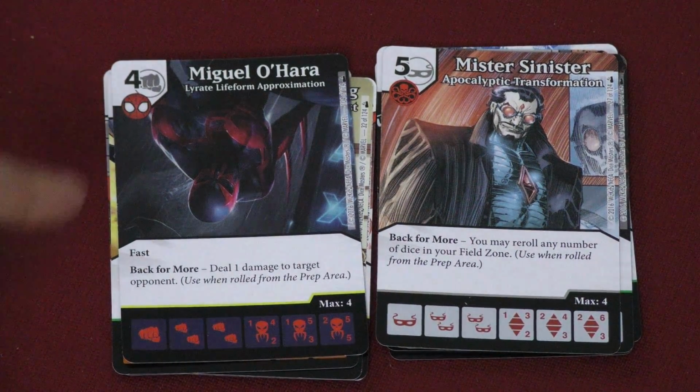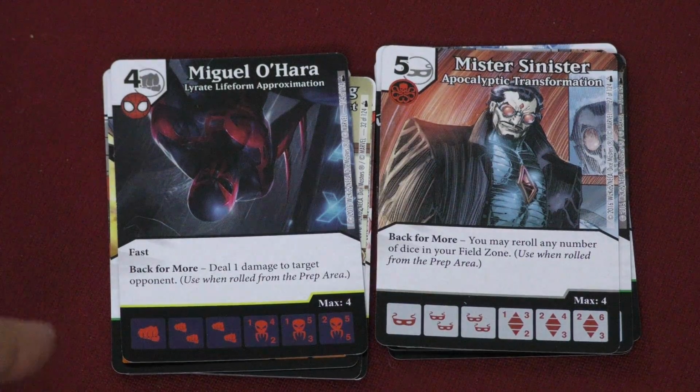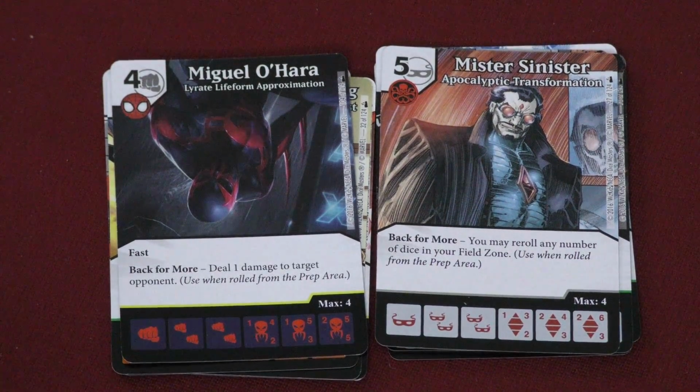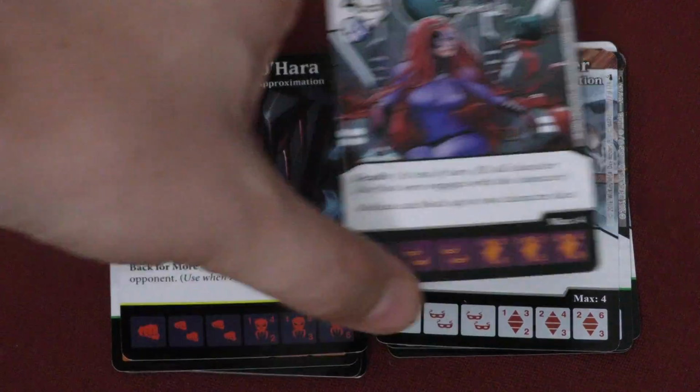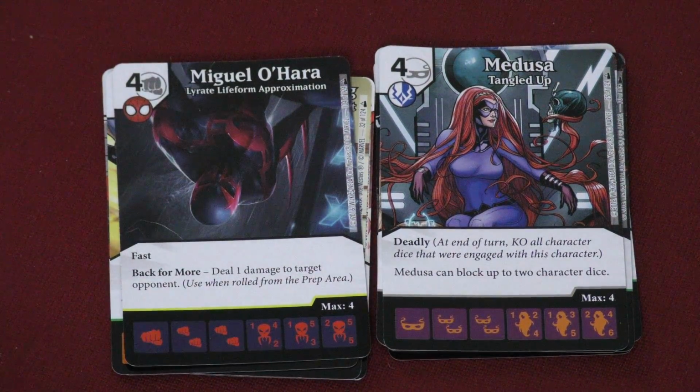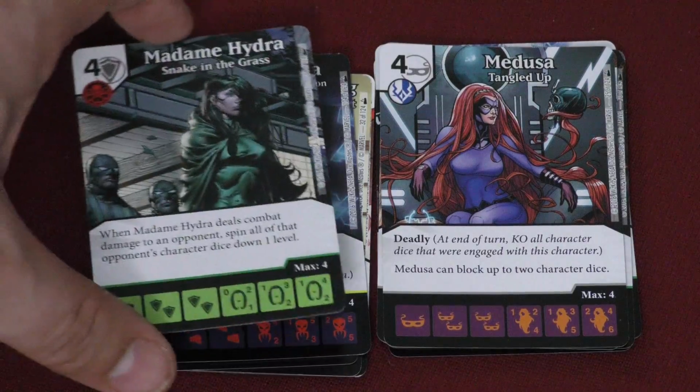It's a little confusing. He's fast, which means he hits before his opponent. He also has back for more, do 1 damage to a target opponent. Pretty cool. You field him, do damage to someone else. I bet you'll see him in a lot. Medusa has the deadly skill that